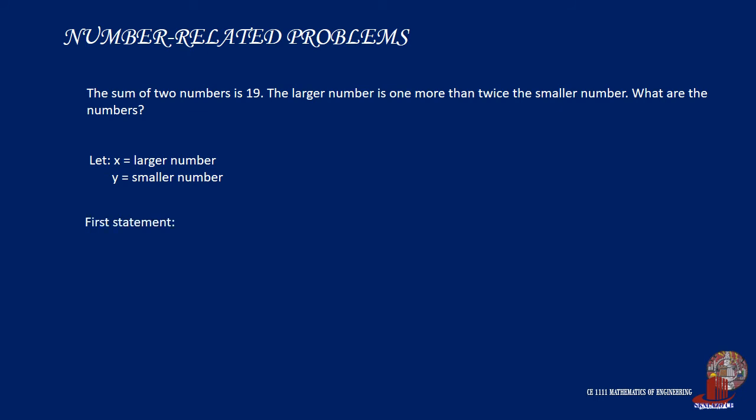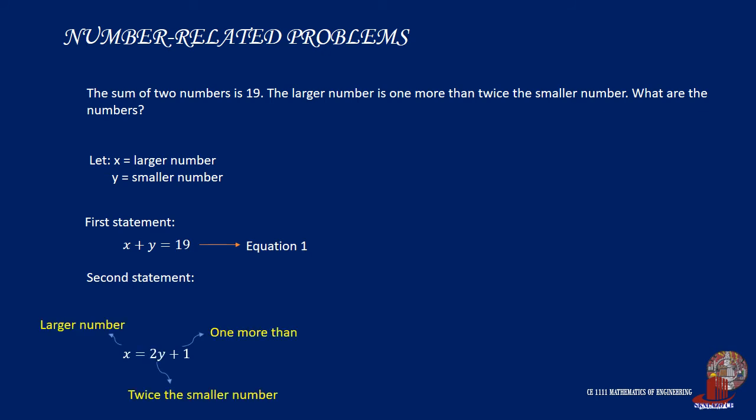In the first statement, it states x plus y is equal to 19. Let's take this as our first equation. From the second statement, the larger number is 1 more than twice the smaller number, and this is denoted as the second equation. By substitution of x into equation 1, we can get